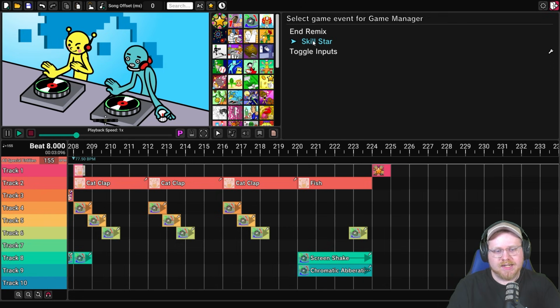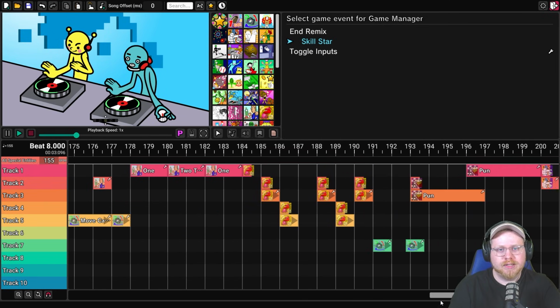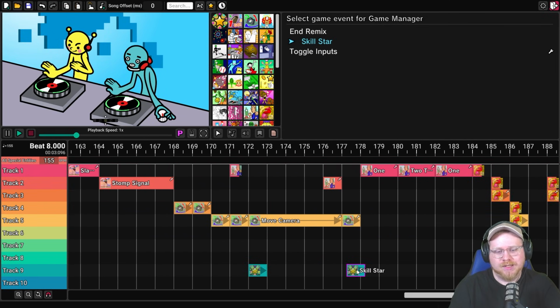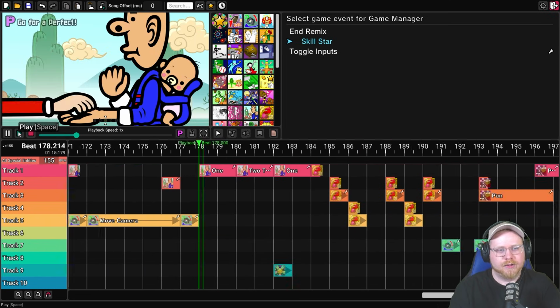You also have a skill star option, which is if you want to add a skill star note to your level. You can only have one of these per level, I believe. I actually don't know what happens if you add more than one. Maybe it just gives you more than one. I don't know. But typically you would just have one special note to be the skill star note. So like if I wanted to add that somewhere,